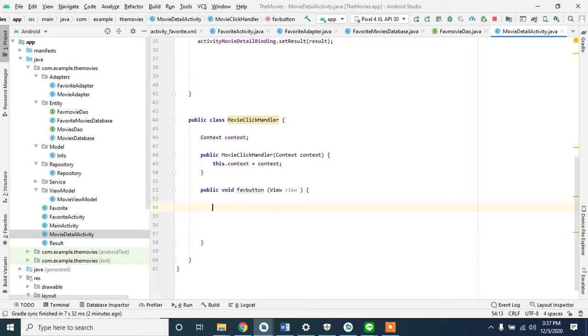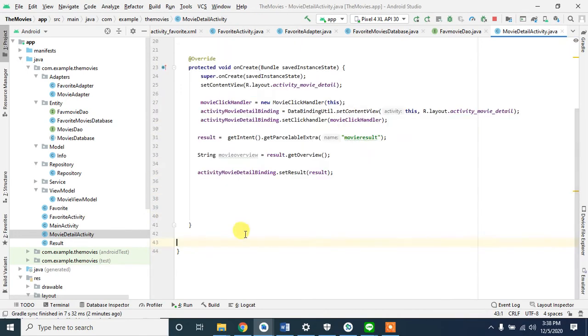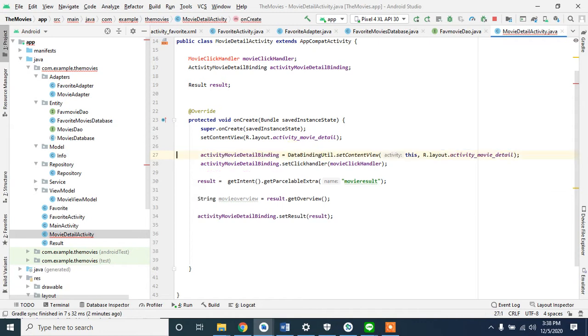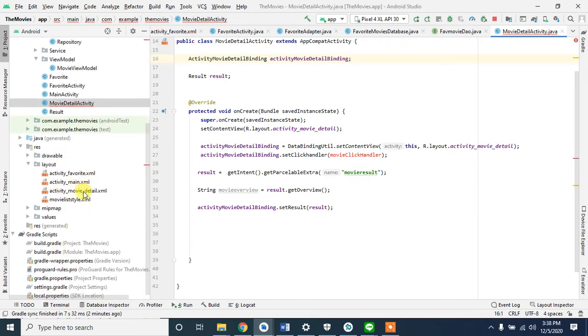So yeah, how do we make this button work for us? Or let's just get rid of this whole thing and use a little bit of a conventional approach. We can go to movie detail,